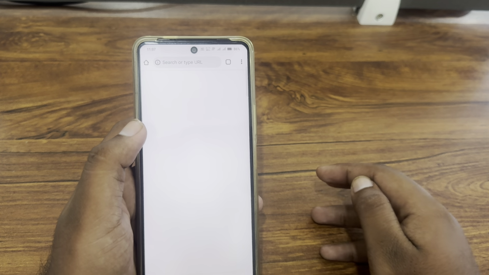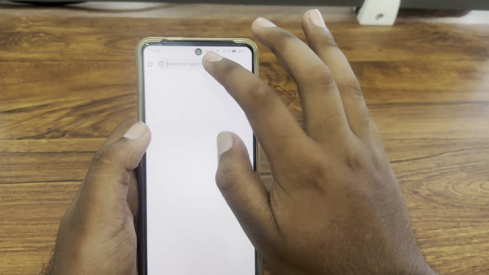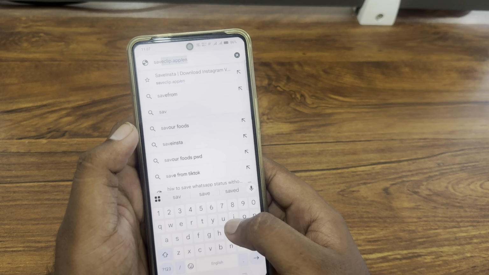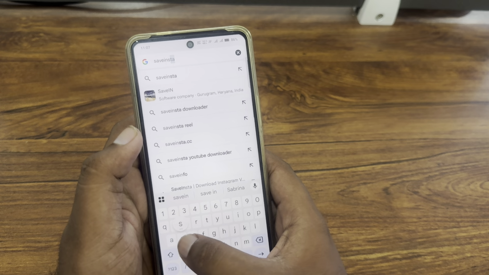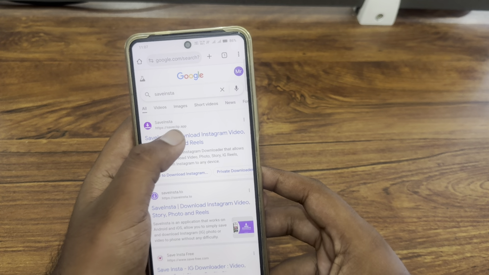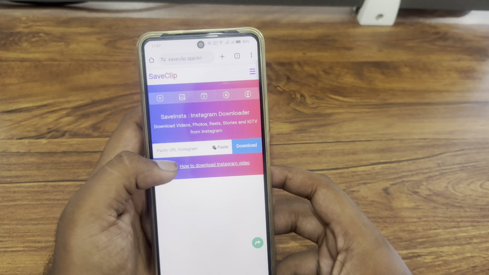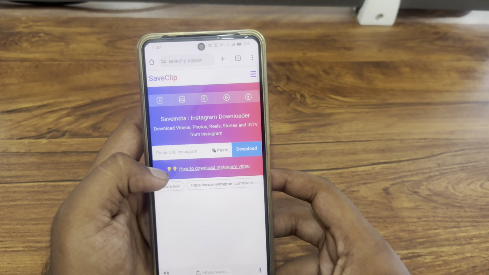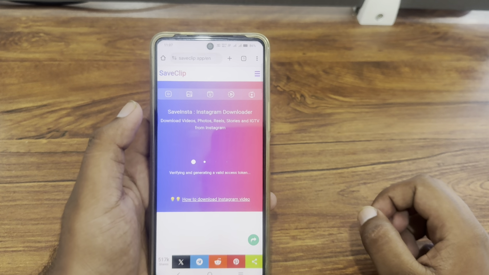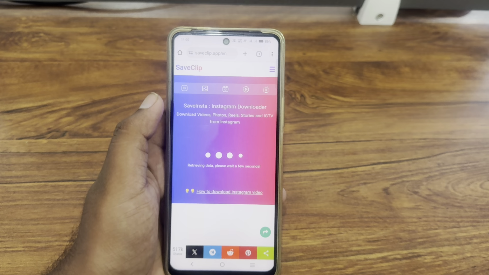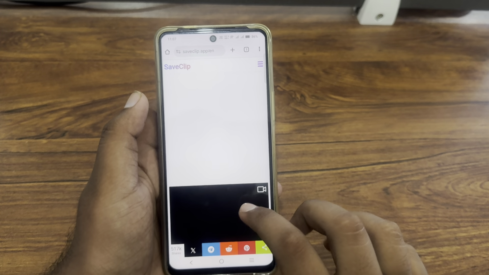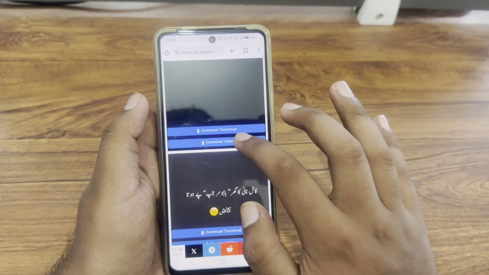open your browser and here just search for a website named Save Insta. Just search for it, open the first website and here you have to paste your copied link and then tap on download. And after that the video will be downloaded. Just tap on download video